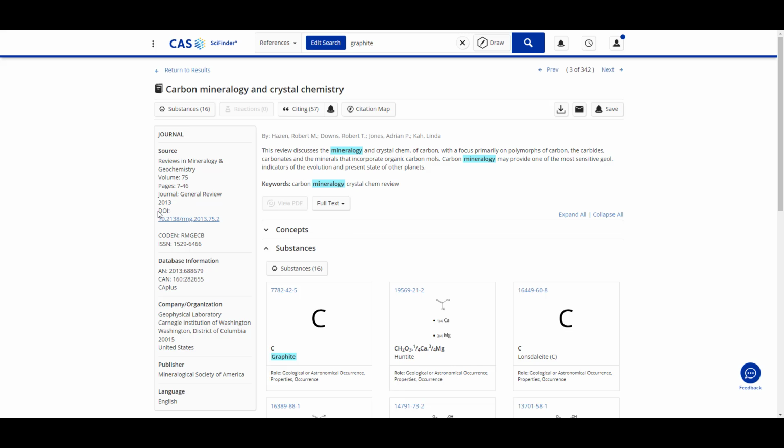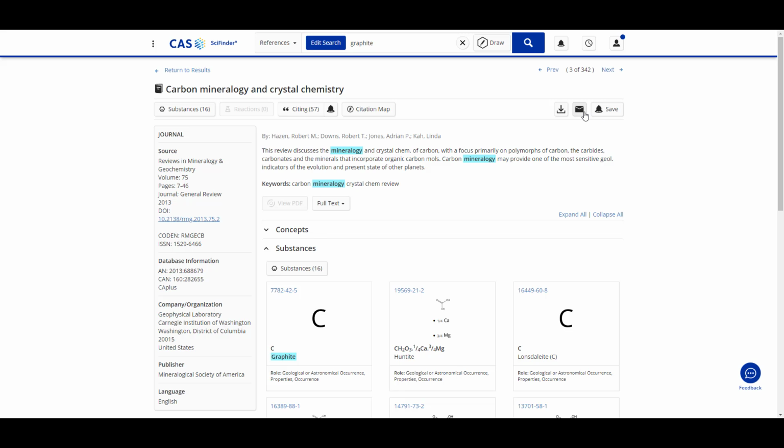It has the DOI over here as well, which oftentimes you'll need to do the citation. Okay, other things that we have on this page aside from the citation information, up at the top, if you wanted to save this to your account, as I said, you have to be logged in. So if you want to save this, then you can click this little bell, and next time you log in,